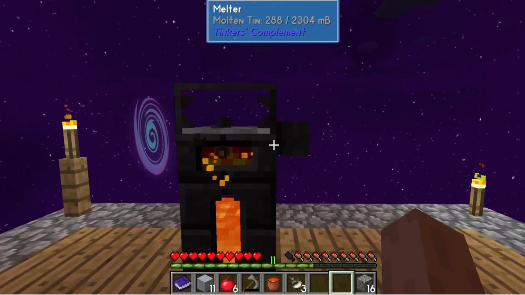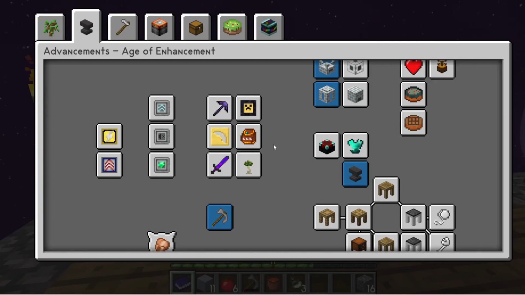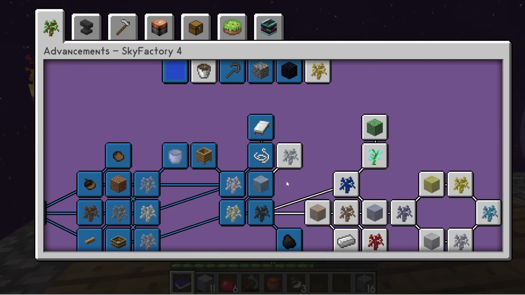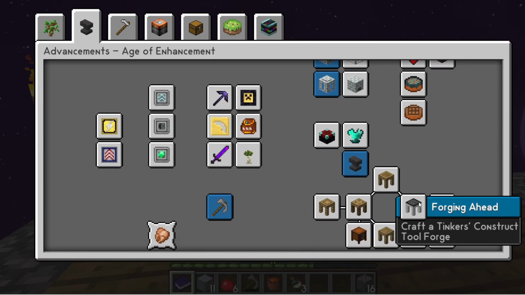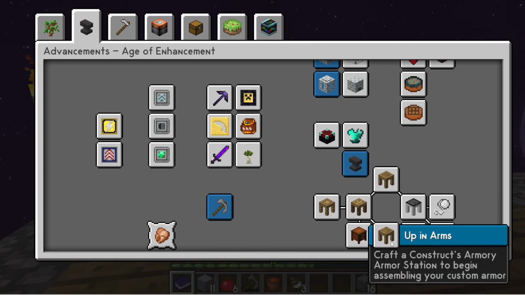So we'll go ahead and put our faucet there. So what we need is a casting basin because we have to pour molten tin over a birch sapling to make a tin sapling. So that means we need the casting table, which is actually over here. So these are all the different little tables you can make. So what we need is, I believe, something